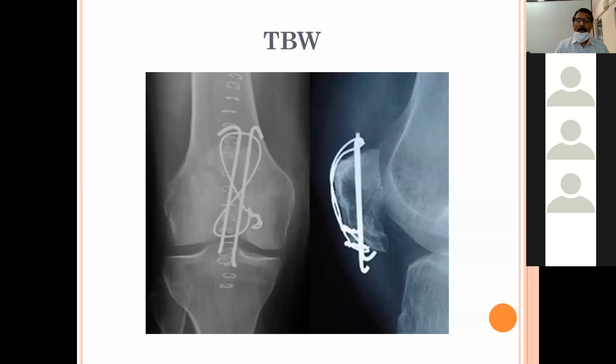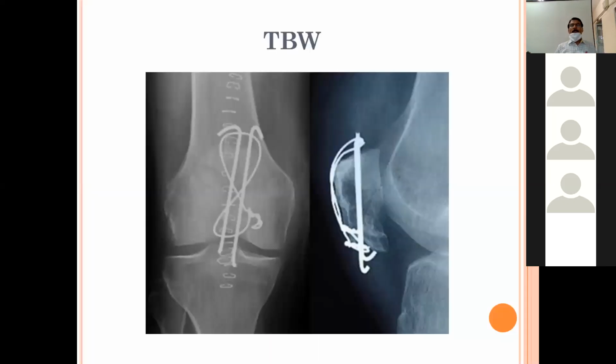Then you may have some complications also. You may have some complications of this operation. It may go for infection. Many times, the patient invariably gets stiffness of the knee joint. It becomes a bit difficult for him to do squatting. In the long run, sometimes there may be some osteoarthritic changes, because the impact of the force may cause some damage to the articular surface of the femur.